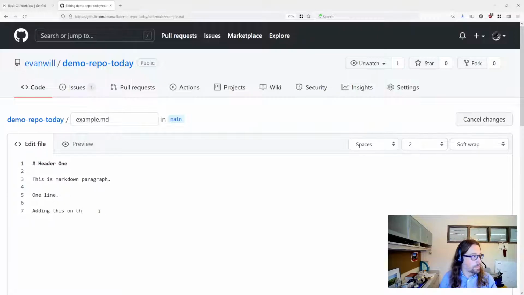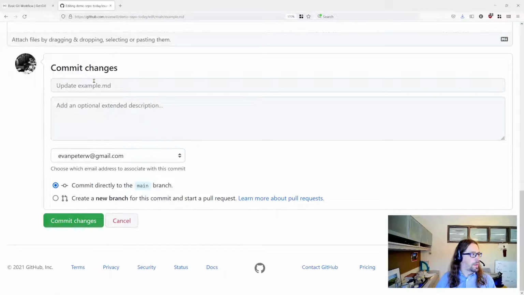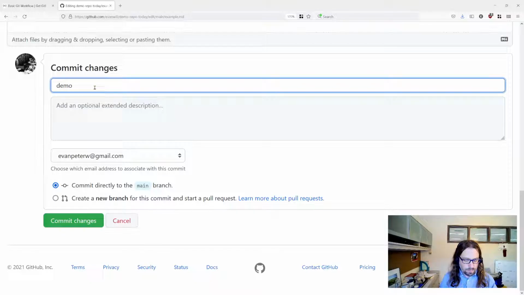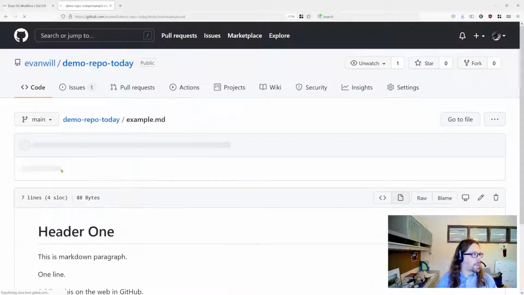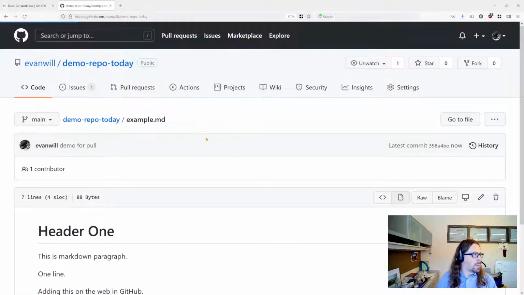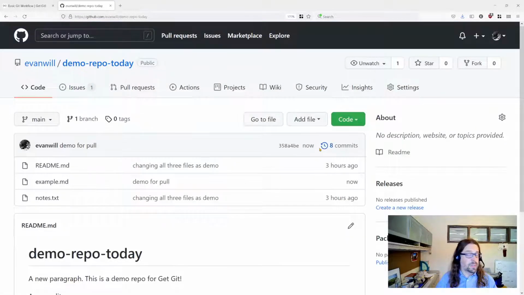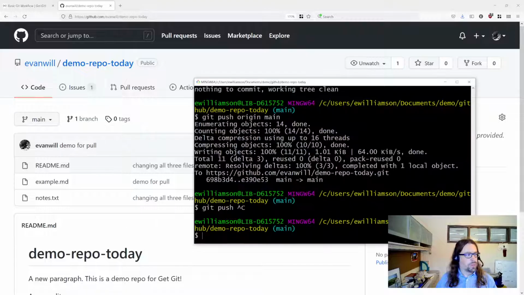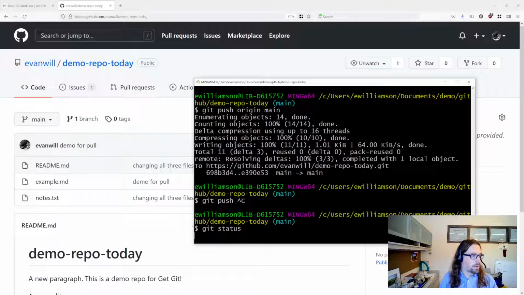Okay, and I'm going to scroll down and make that commit on the web interface. So if I go back to my home, you're going to see we now have 8 commits up here in our repository. And if we go back over to our terminal and we do a git status, you're going to see that